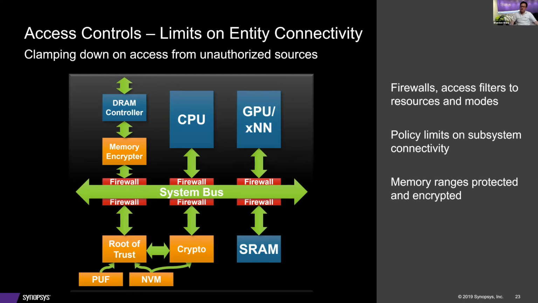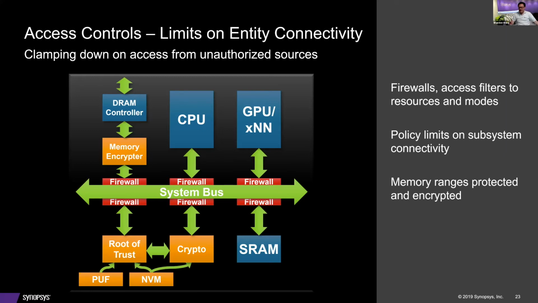This control includes IO access filters to limit subsystem communications, attaining certain operation states. MPUs, MMUs, and IO MMUs can provide limits on access to memory address ranges, and multi-range encryption and authentication of external and shared memory provide one additional layer of security. So the ability to monitor behaviors like power level, reset events, and bus traffic can further augment the security in a zero trust environment.